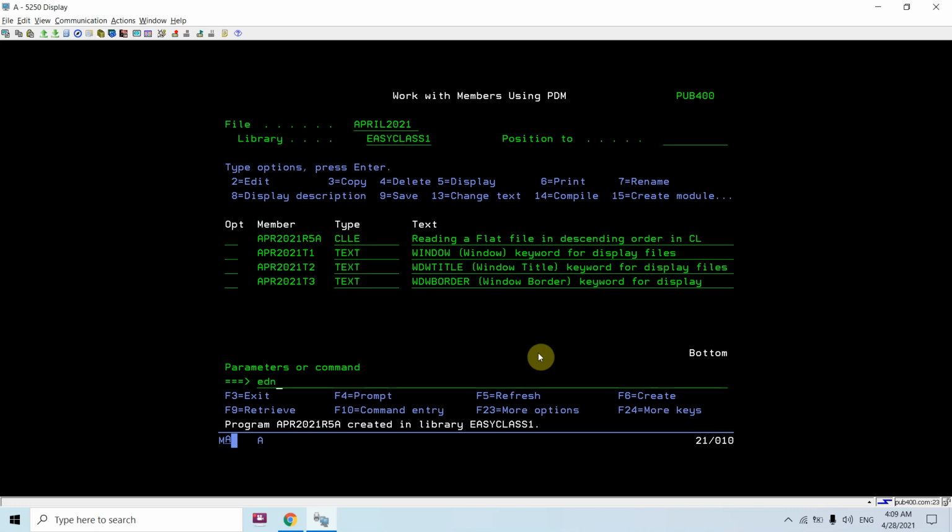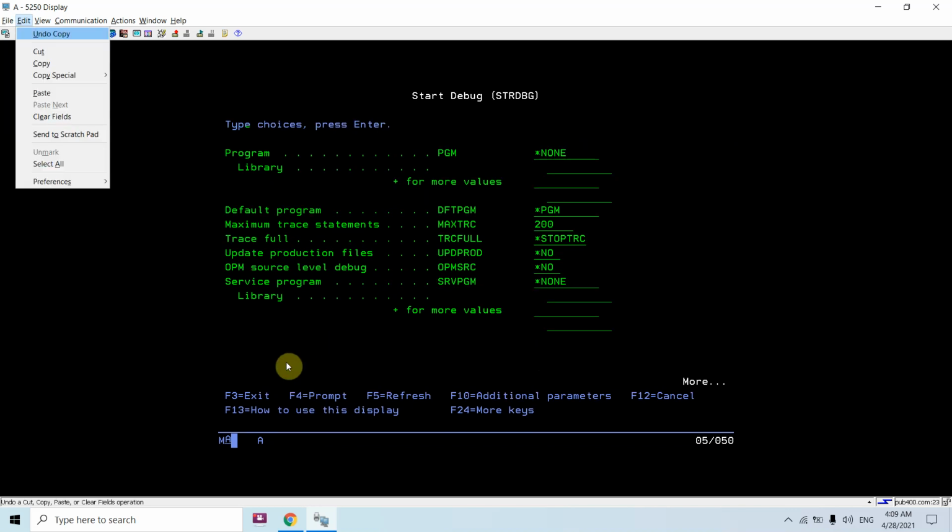The program is compiled successfully. Now let's debug this program.